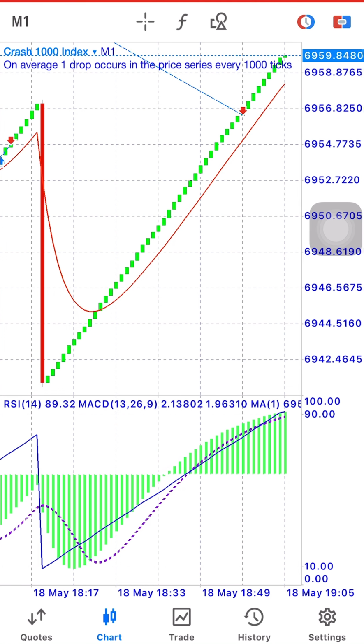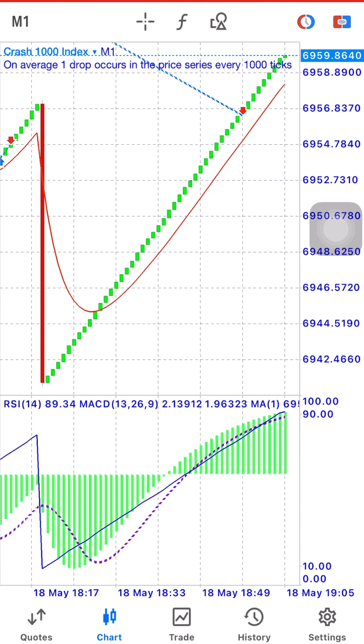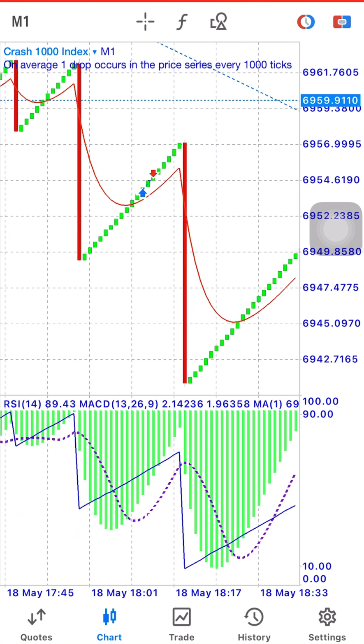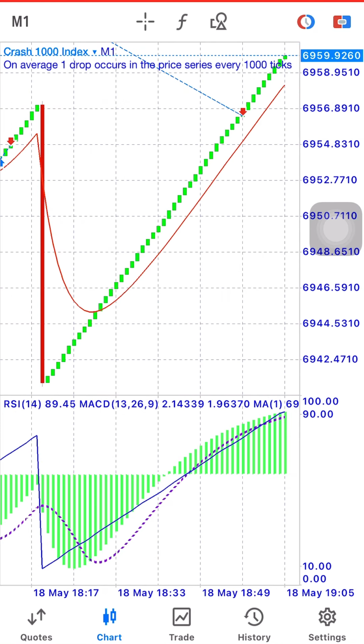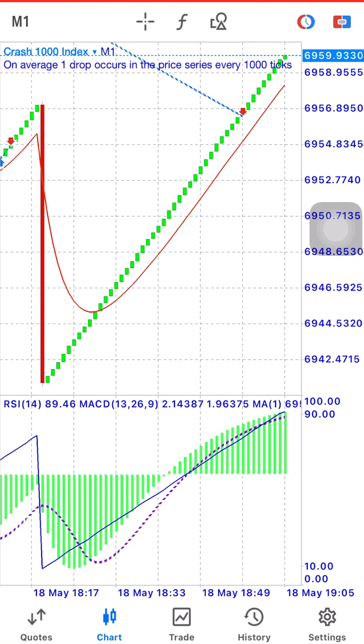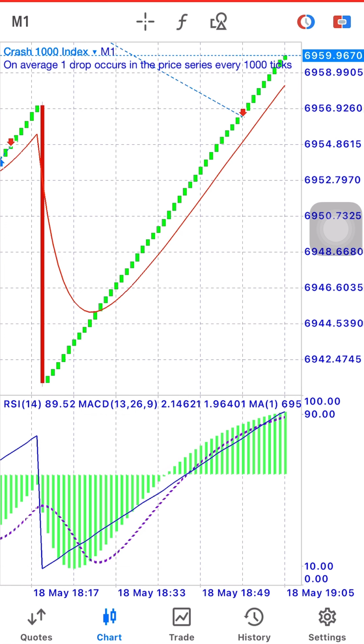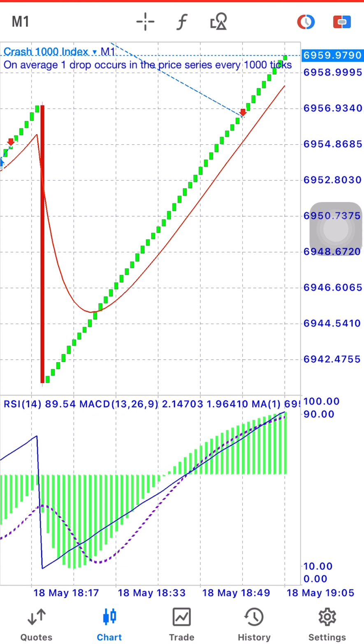So this is synthetic indices, and today we are going to be talking about price action. But first of all, let me show you some things. This is Crash 1000. I believe I've taught you guys of. Let me repeat a little bit of some stuff. Now I told you guys that when